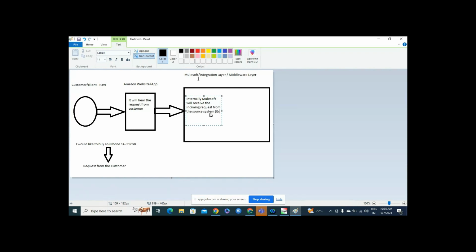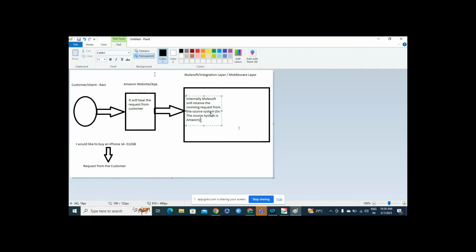Here, for example, the source system is Amazon. In earlier classes, whatever system the request is received from, we call it the source system in technical terms. So currently the source system is Amazon here. We are talking about Amazon.